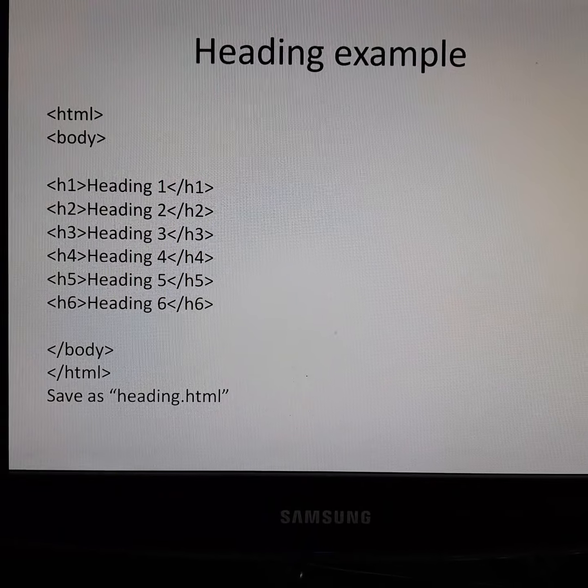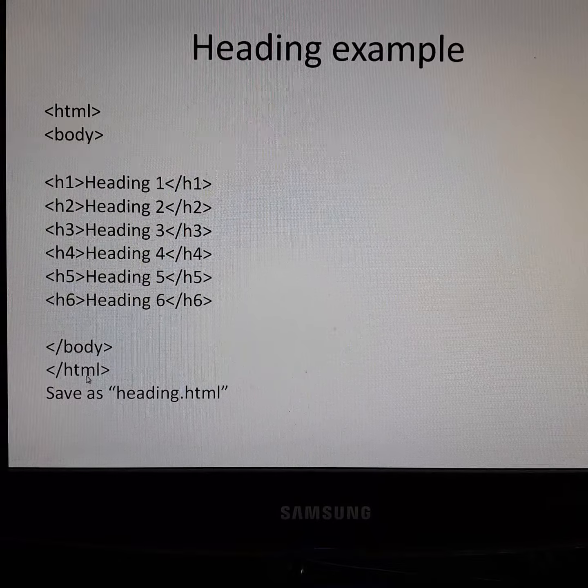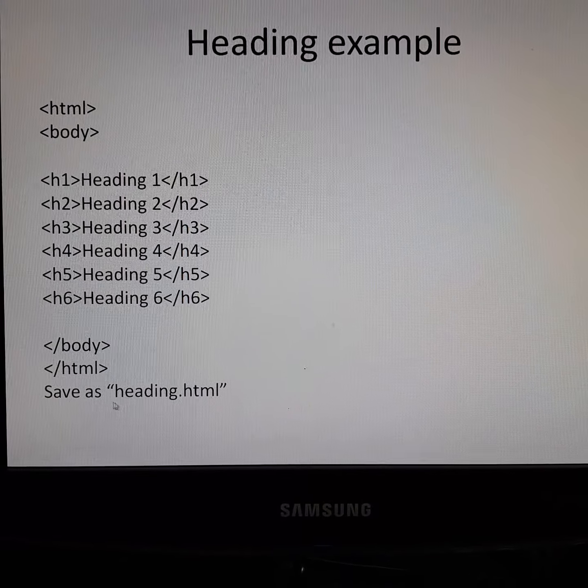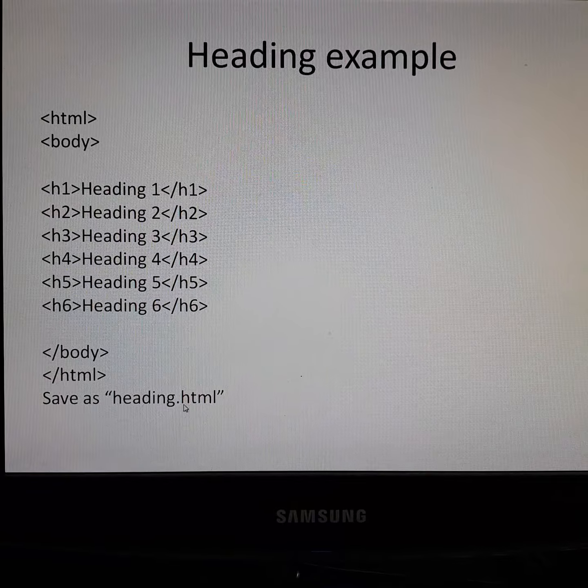Then we have closed our body tag, then we have closed our HTML tag, and then we have saved it as heading.html.